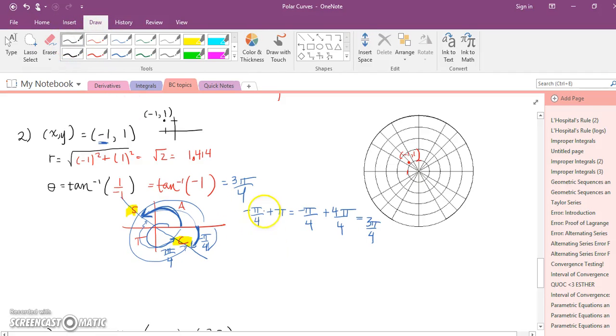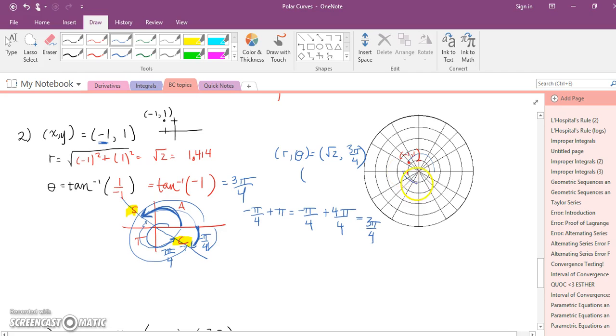So in the last video, it just cut off whenever I was saying that we're going to use 3 pi over 4. So our r, theta would then be root 2 and then 3 pi over 4. So I'll go over 1.4-ish and I'll go around to 3 pi over 4. I'll land right there. Realize that there's infinitely many, like I was saying before, so you could also do negative